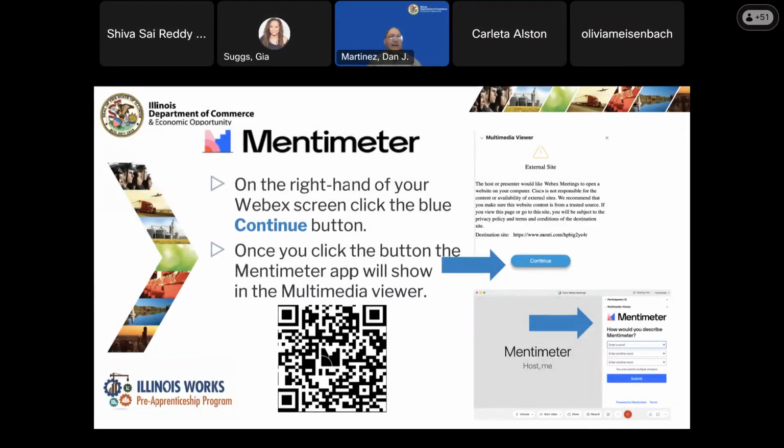So one of the things that's important to utilize, we try to have these experiences be as interactive as possible. So we have Mentimeter as our communication device. You should be able to access it right within WebEx. There should be a window to the right-hand side of your screen that indicates a multimedia viewer alert, and there's a blue button in there that you can click for continue, and that will allow you to access Mentimeter directly